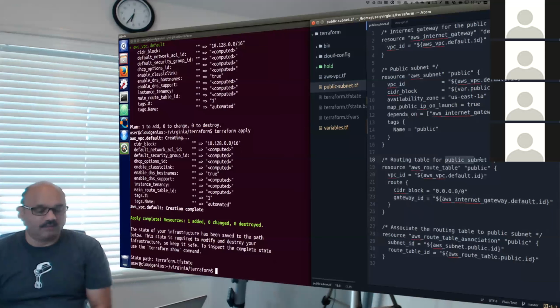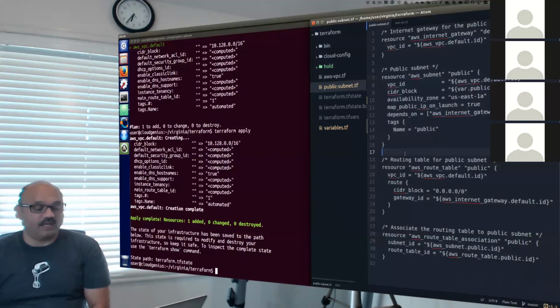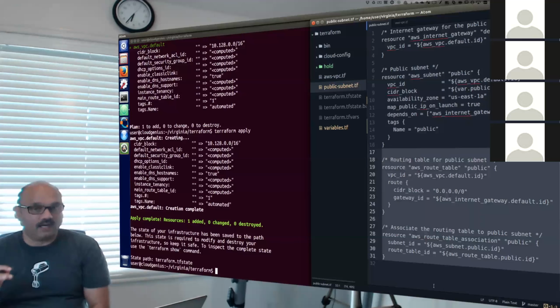The public subnet that we created in line number 7, we are taking that reference in line number 29, and using it as the association for this routing table that we are creating right now. So this section, 6 through 16, creates a public subnet, and 18 all the way down creates a routing table and gets associated with the public subnet.